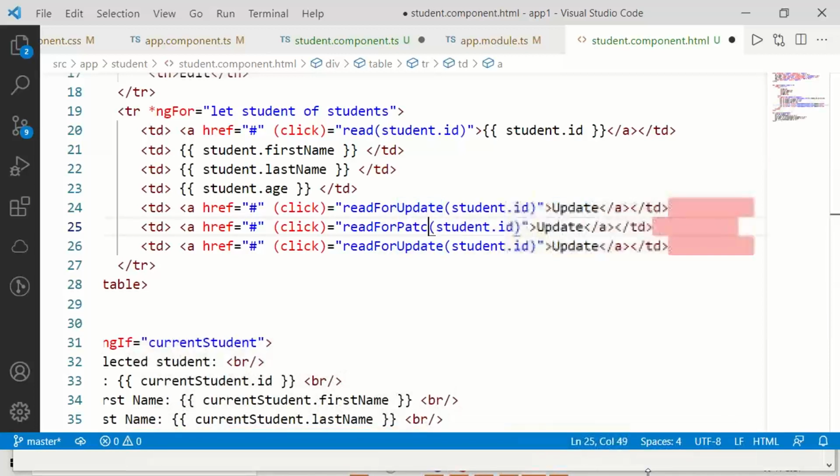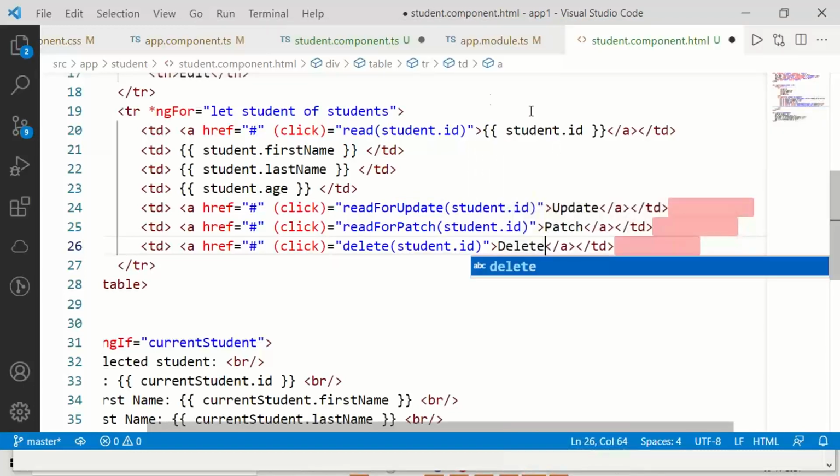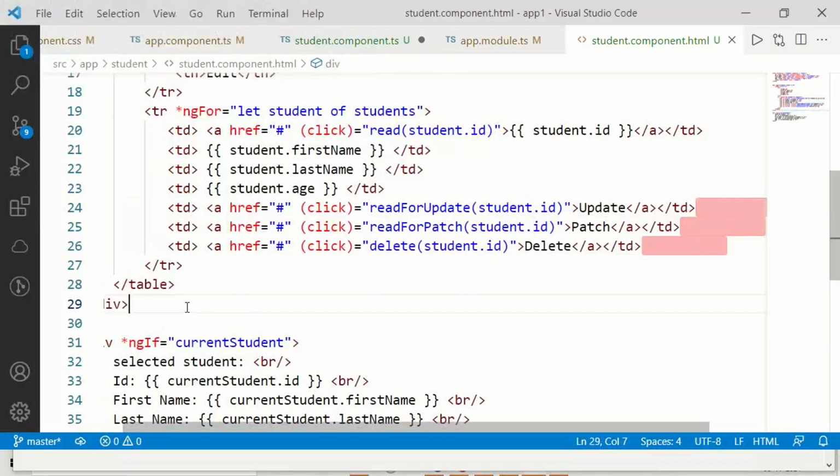Read for patch, delete. This is patch. This is delete. Now try developing these two. Read for patch and delete.